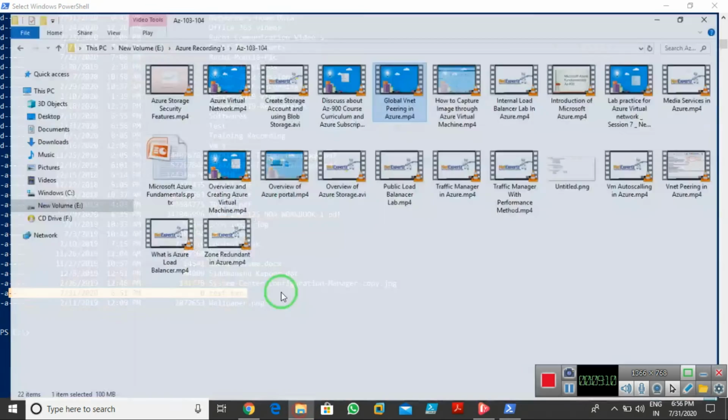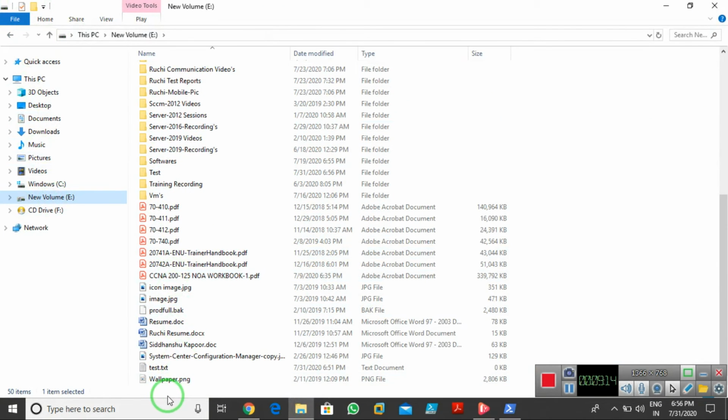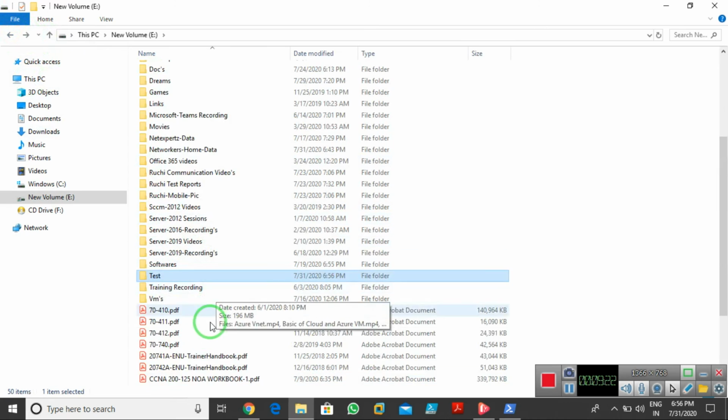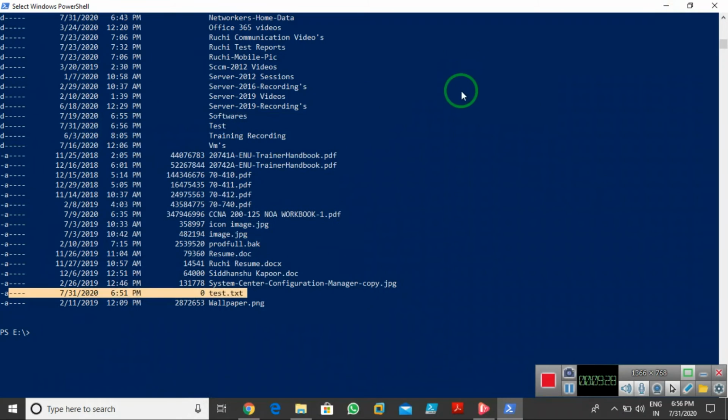If I open the drive, and go to my E drive, we have a file named test.txt. Previously it was in the test folder. Now there is nothing in the test folder; it was moved into the test.txt file, outside the folder, in the E drive. Okay, like this. Now if I need to create a new test file in the folder or in the E drive,